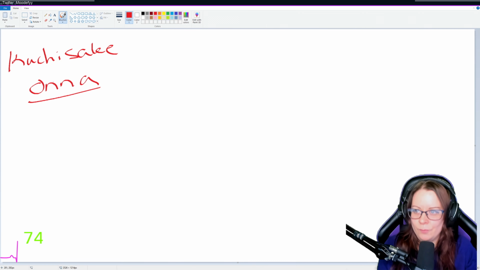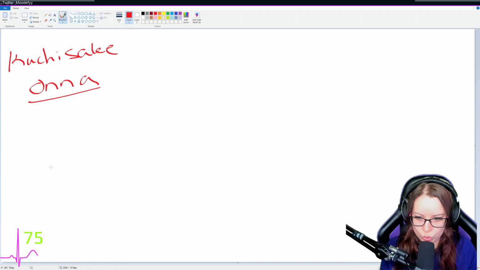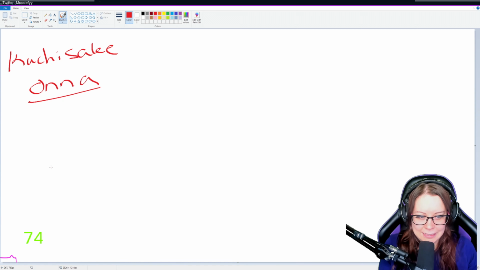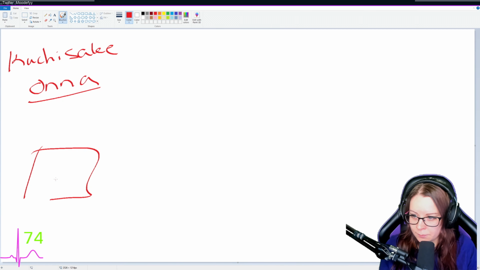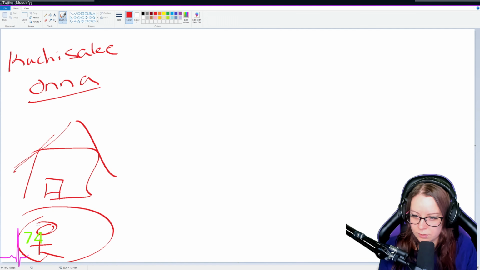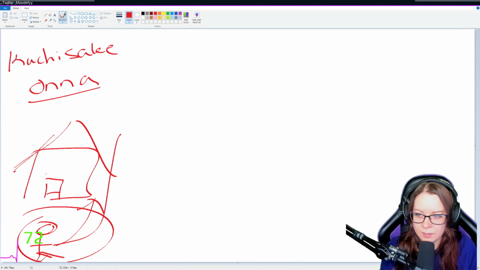So basically, what is this game about? It's a walking simulator. You have one button that you can use, or actually you have two, but one of them is not necessary at all technically, because I managed to finish the game without using it. So it's left mouse button and right mouse button. You're walking around in some kind of house. You wake up in a huge room, and from this room, you need to find your way out to the next room. So basically, you're going through a few of these rooms in this house.